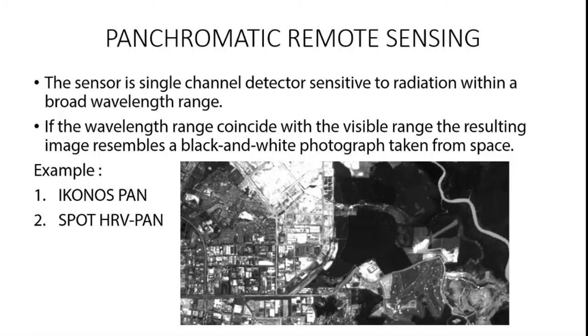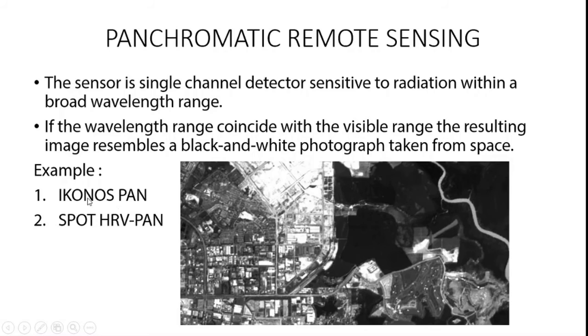So in this particular image you can see that where there is water, the water is cooler, so you can see a dark tone, a very dark black color. And in the residential area, as there is soil, it absorbs more radiation from the sun and reflects back more thermal energy, so it can be seen in a very light tone which goes to white, and simultaneously the black and white photograph is made.